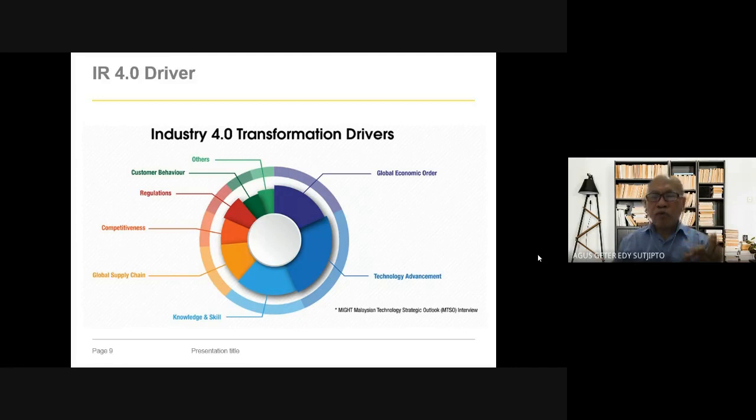To transform from 3.0 to 4.0, like a technological advancement, we need the technology of automation, for example, or apply a robot. Is there knowledge and scale as well? So this is followed by utilizing the advancement of the technology. So the knowledge and scale will be lifted up. So we should follow the training, so that the scale will be scaled up.